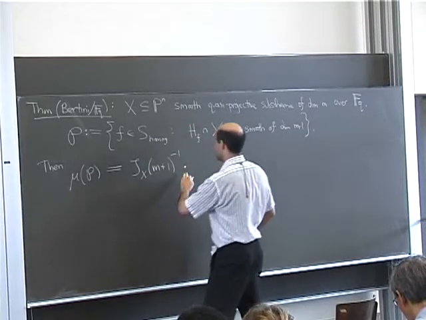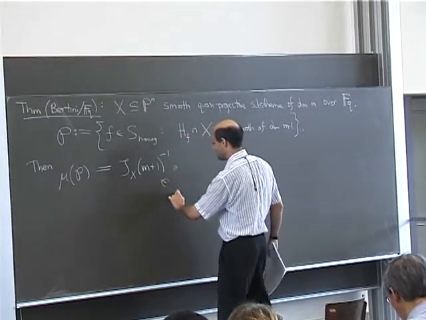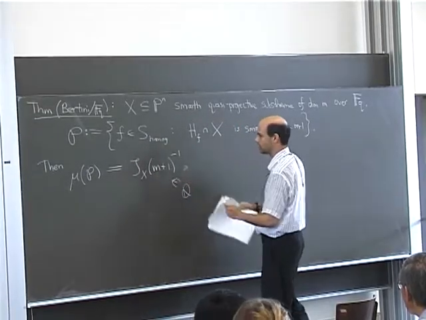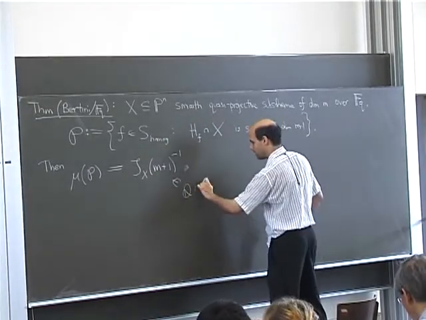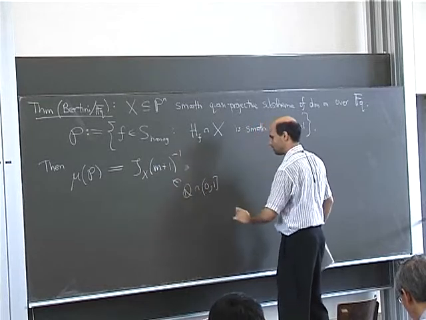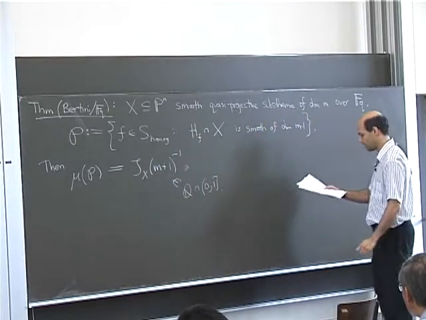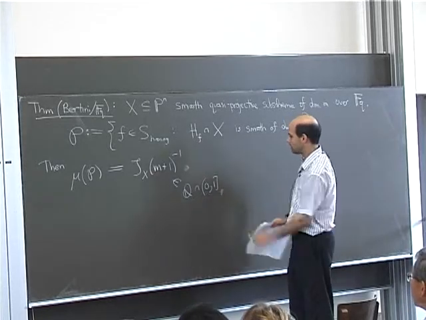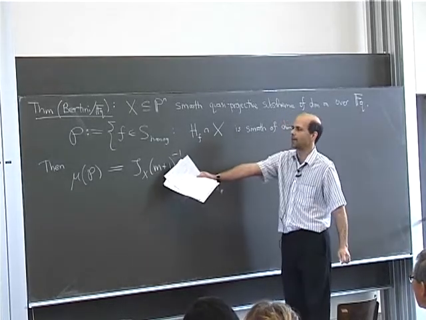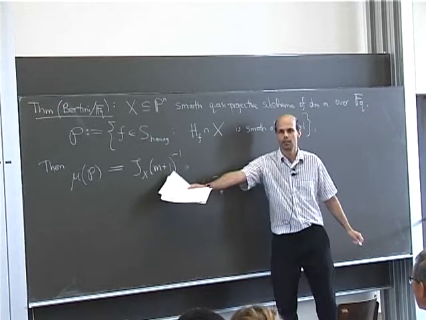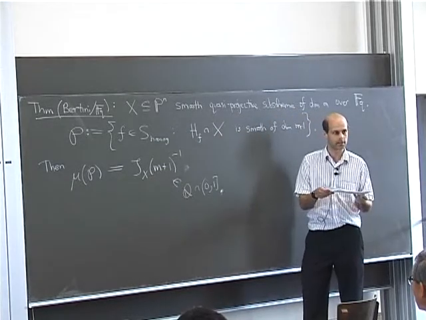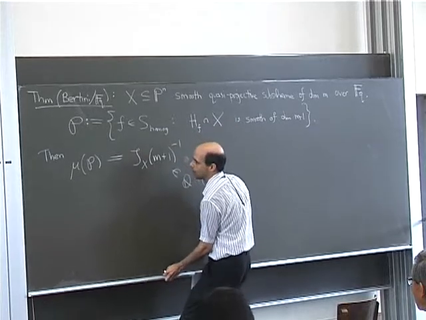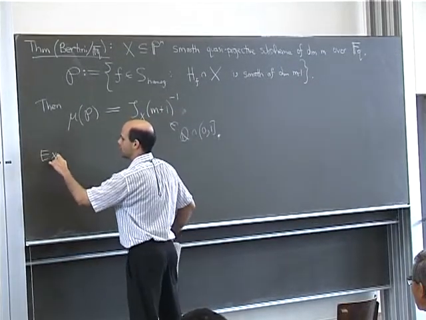So this number, in fact, is not only a rational number, because the zeta function itself is a rational function in q to the minus s, and so it's some number between 0 and 1. Okay, and one interesting thing is that it's actually independent of the embedding of x. It depends only on the isomorphism type of x. So, just before I get into the proof, let me give an example.